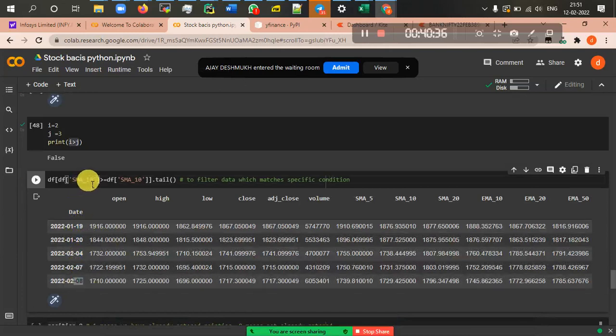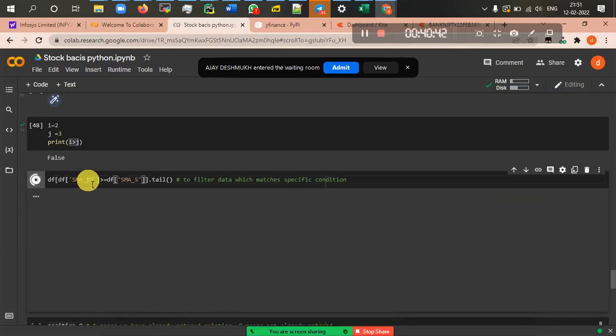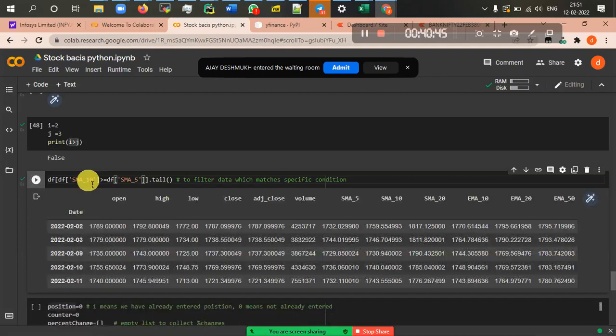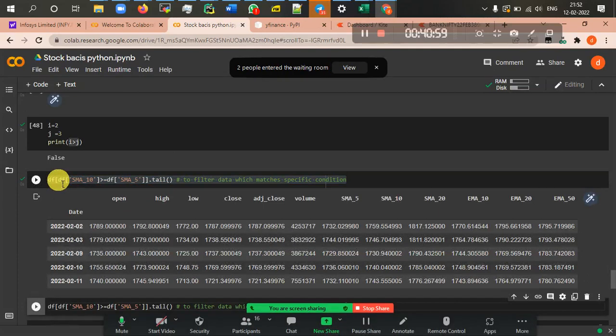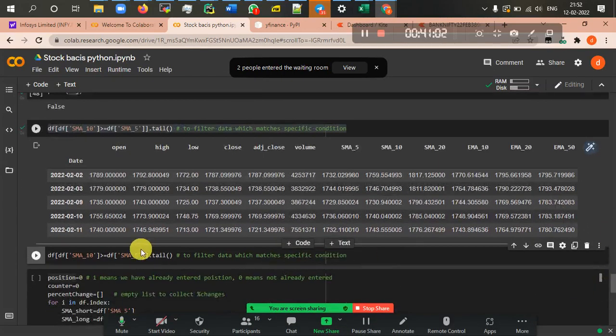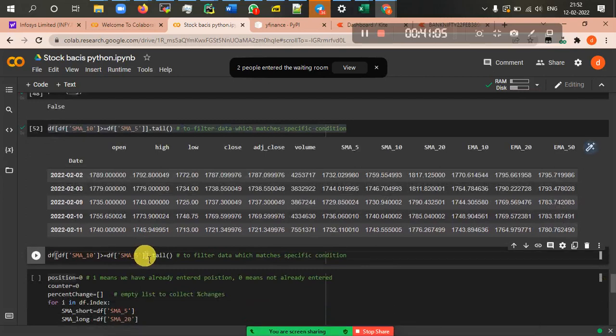So now I change this condition: SMA 10 is greater than SMA 5. You see, this data is changed. I'll keep this condition very simple. I'll write one more condition. If you wanted to check a TEMA, triple moving average strategy, if SMA 10 is greater than SMA 5 and SMA 20 is greater than SMA 10, if you wanted to write multiple conditions,